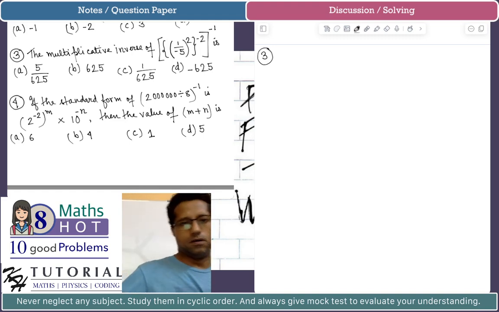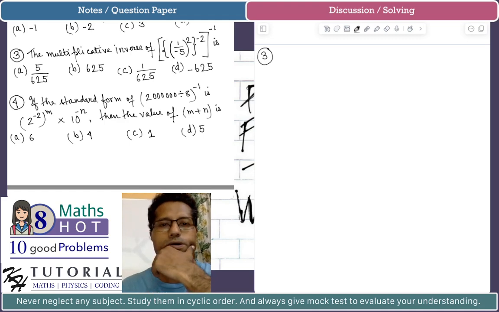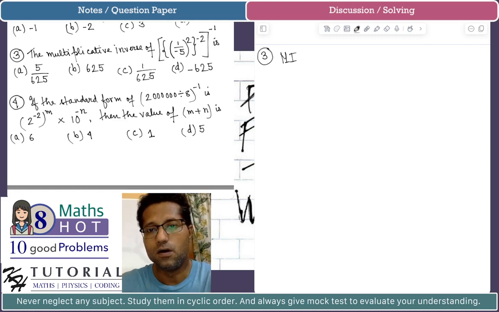Now, you must know what the multiplicative inverse is. So we have to find the multiplicative inverse. I am writing MI in short. Please do not consider it as mission impossible. It is the multiplicative inverse of